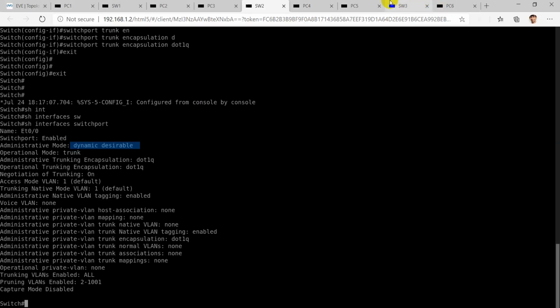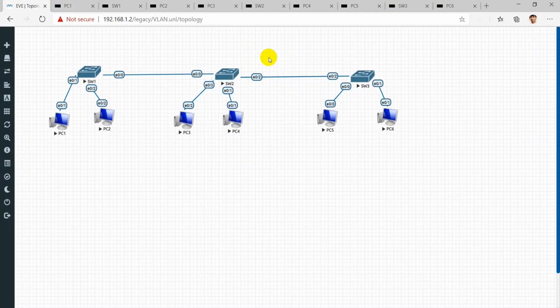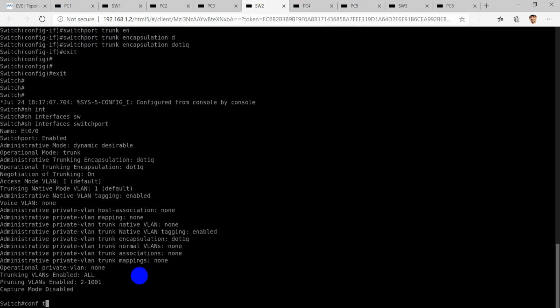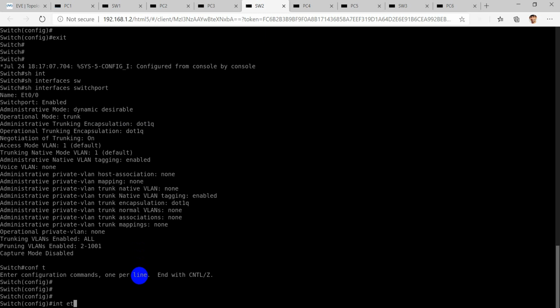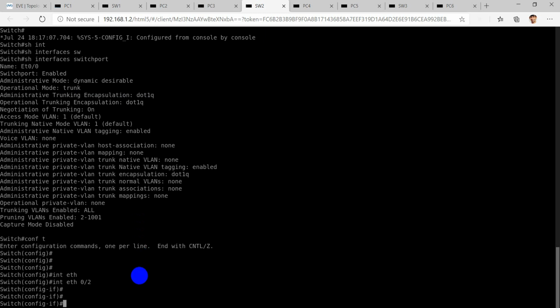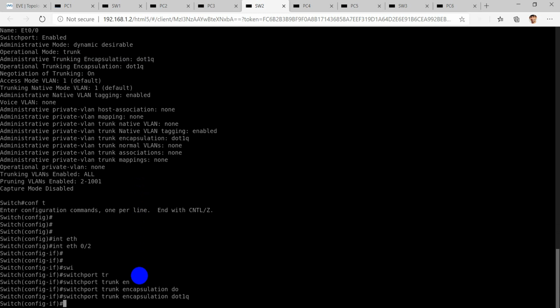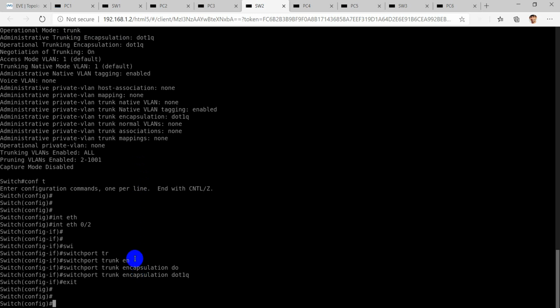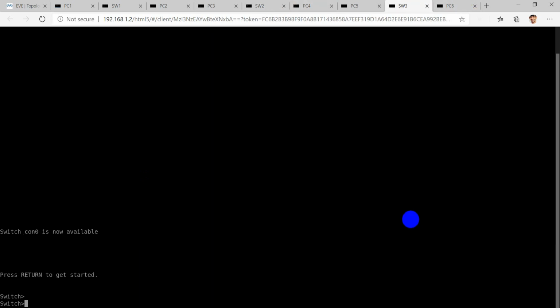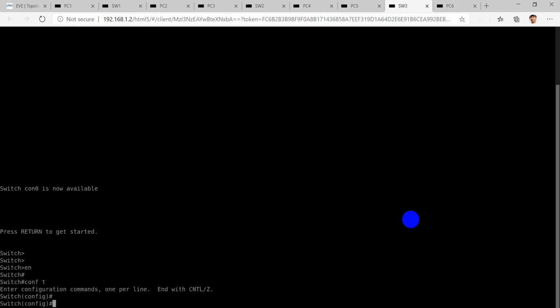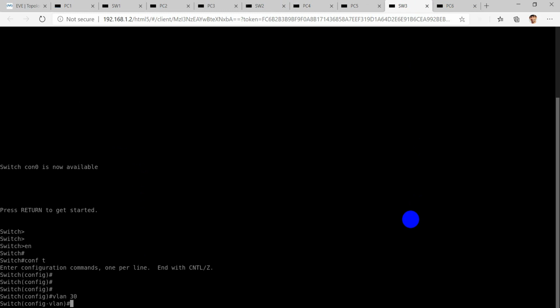Going on to the topology, Ethernet 0/0 is PC5 and 0/1 is PC6, and the trunk interface is 0/2. Going on to switch 2, we'll say interface Ethernet 0/2, switchport trunk encapsulation dot1q. Now coming on to this switch, we'll create VLAN 30 by the name ACC.